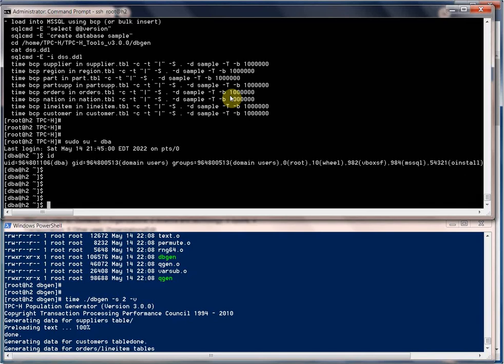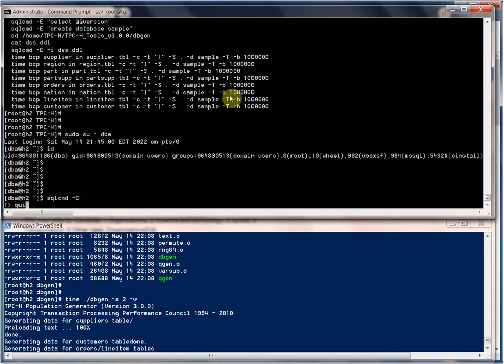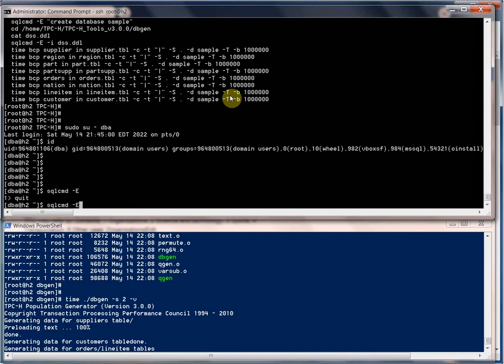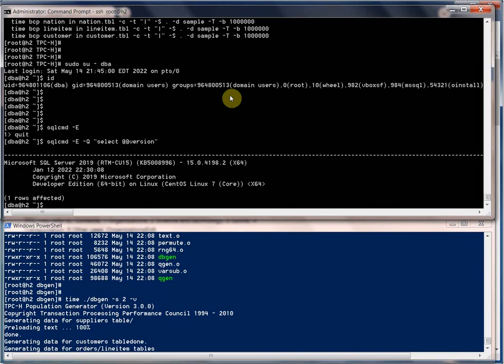All right, so now let's do sqlcmd -E. If you do this, you will see I'm connected to the database. I'm going to use the command line, so in this way it's relatively easy for me. I'm going to use -Q to run a query to see what the version of this SQL Server is. It's going to be 2019 on Linux. So this is the most recent one, January 2022,